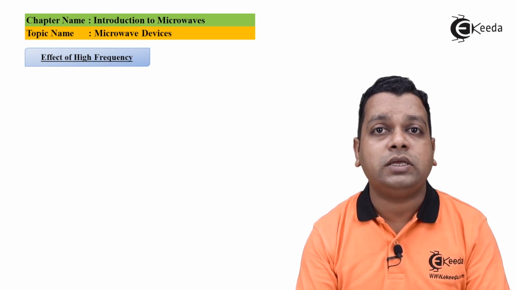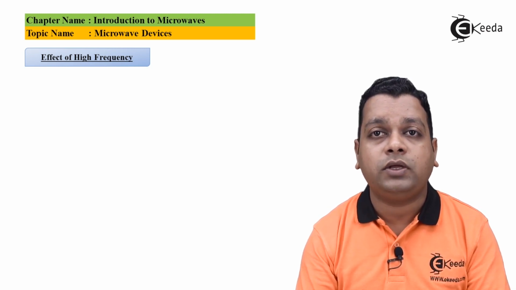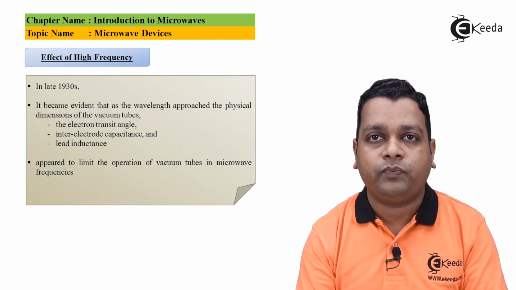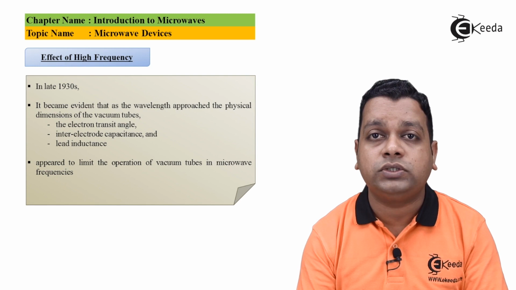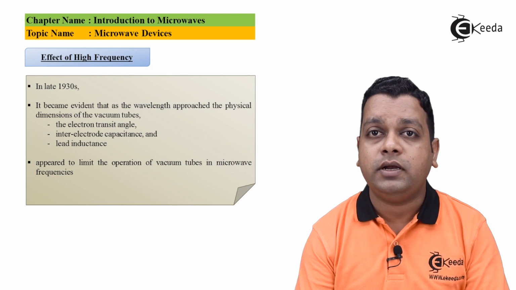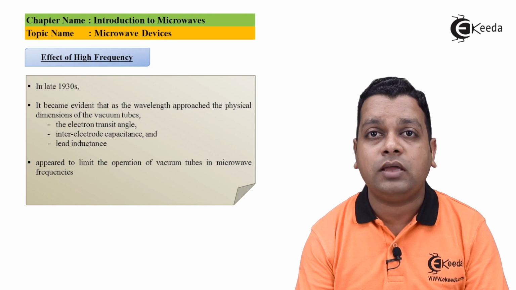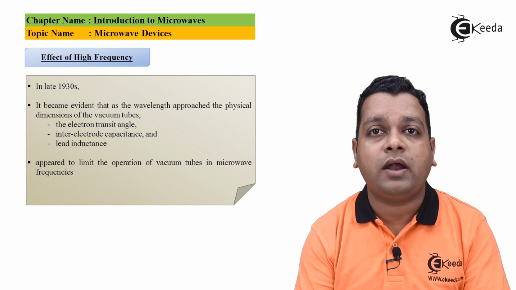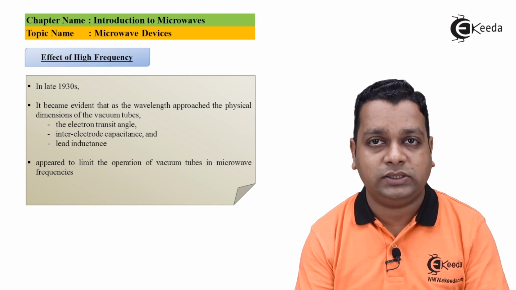Now let us see the effect on the working of these vacuum tube devices if a high frequency signal is used. The attempt was made in the 1930s. If the vacuum tube devices, as they are without any modification, were used for high frequency signals, the limitations of lead inductance effect, inter-electrode capacitance effect and transit time effect were seen, which are not desirable. Because of that, modifications were very essential in the original vacuum tube devices.